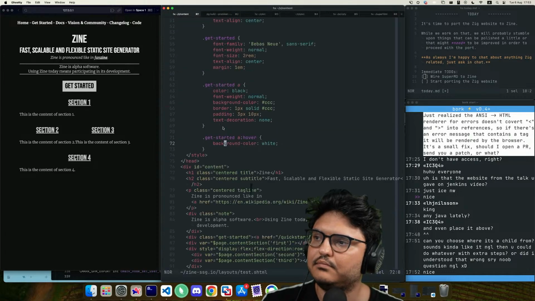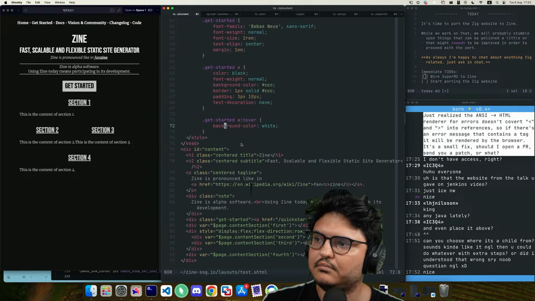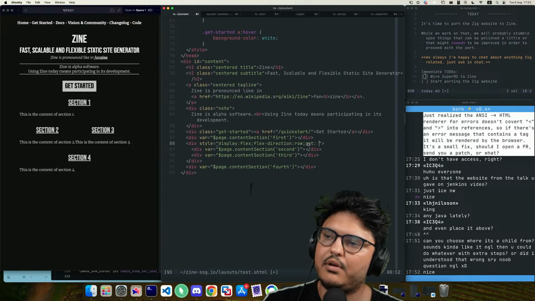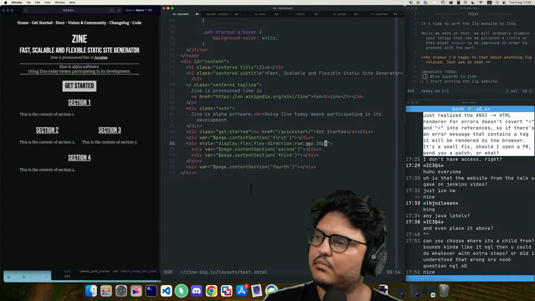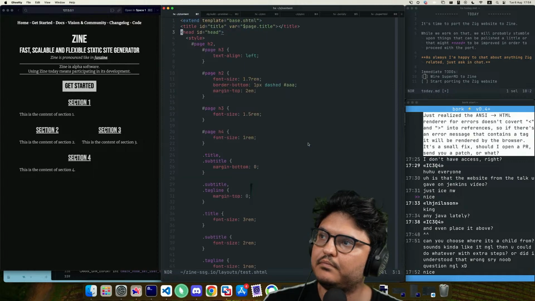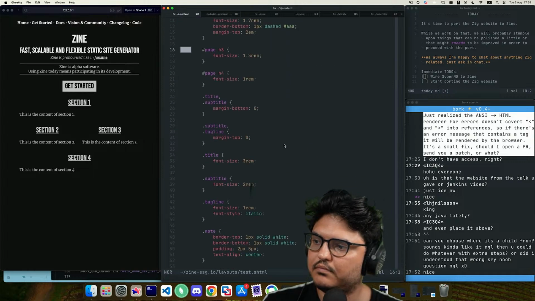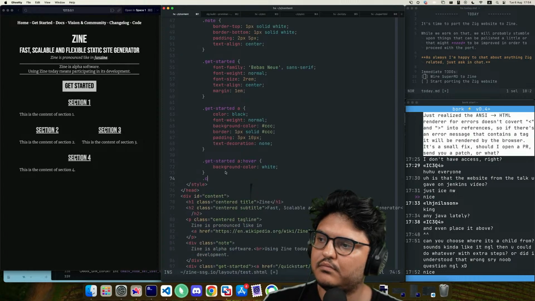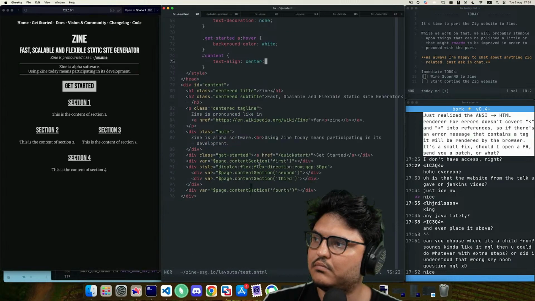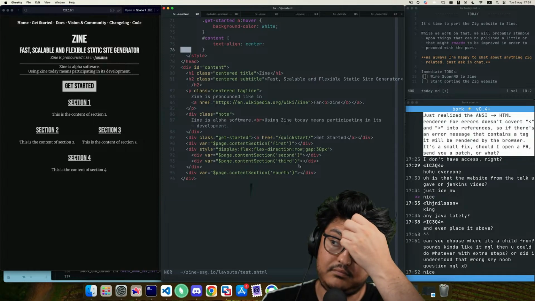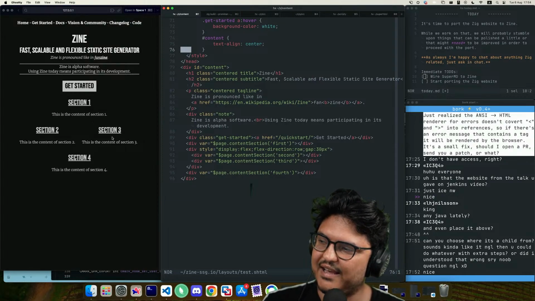Direction row, gap, 30 pixels. Not bad. And now it works.